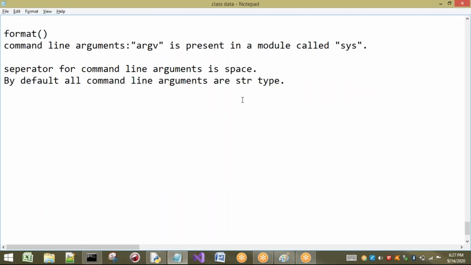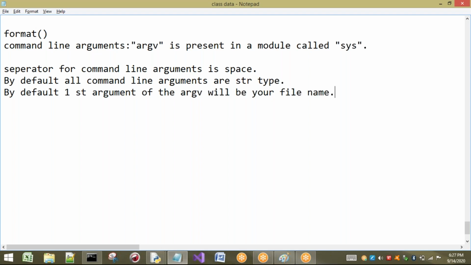Now the third point is why I am not going to take 0.